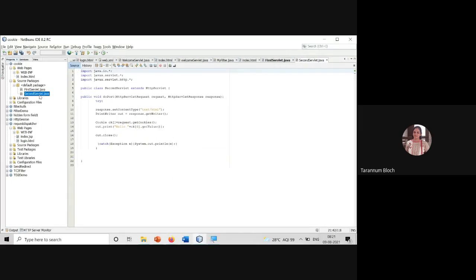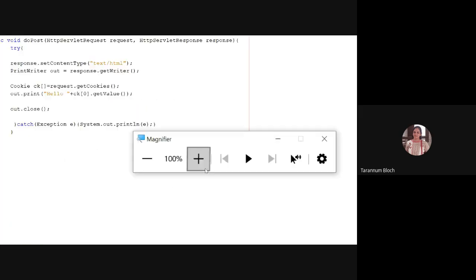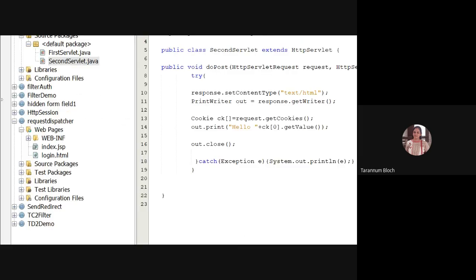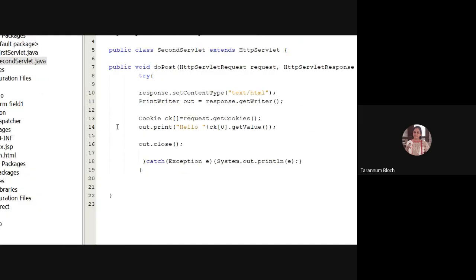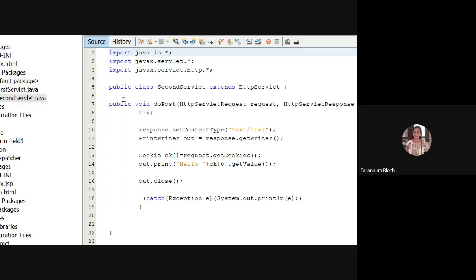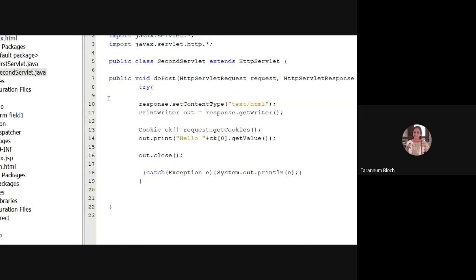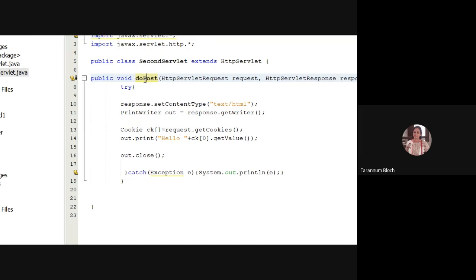So look at Servlet 2. What we did over here is we have Servlet 2 as second, and we had a doPost method with request and response objects of HttpServletRequest and HttpServletResponse interfaces.